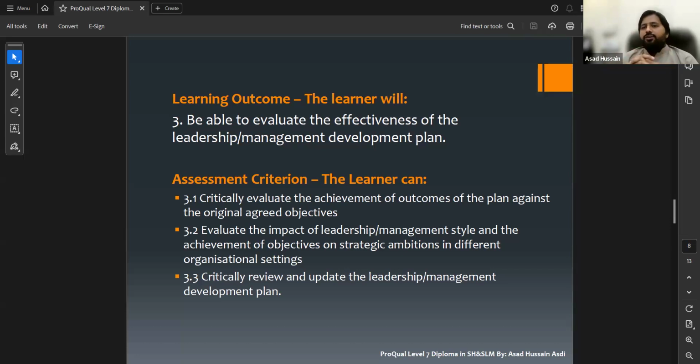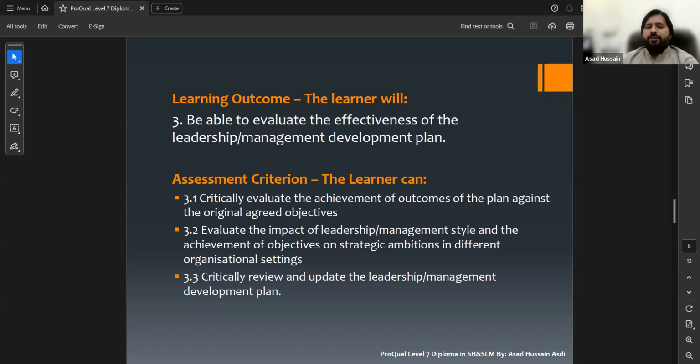For this evaluation, you can show anything confirming that you have performed some evaluation, some assessment, or that some judgments were made after the implementation process, and that can be used as evidence for this assessment criteria.